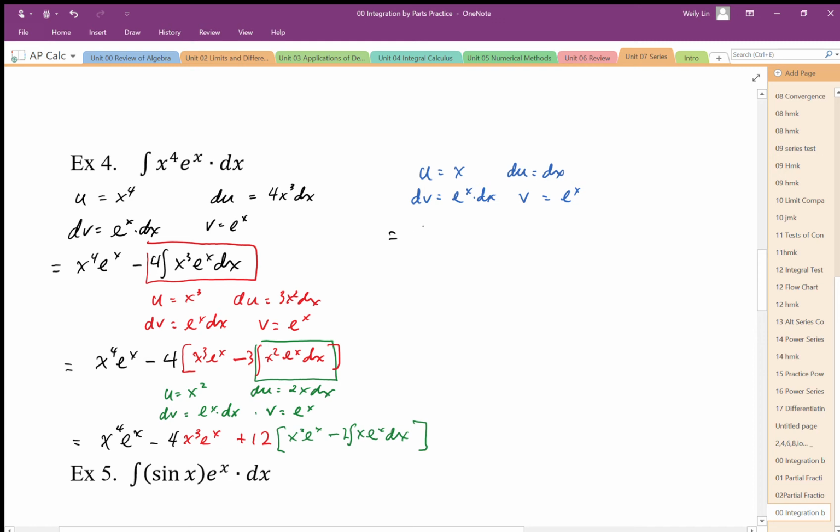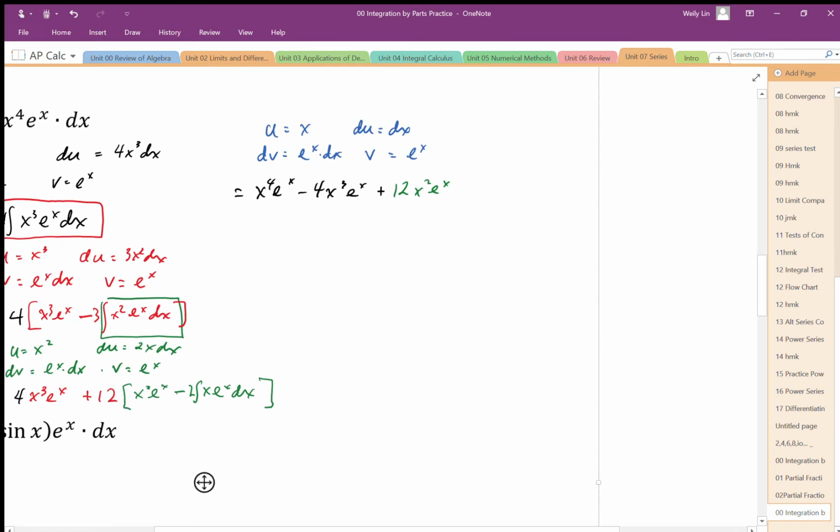So this is going to be equal to x to the power 4 e to the x minus 4 x cubed e to the x plus, so I'm going to multiply that 12 in, so I end up with 12x squared e to the x minus, so that 12 multiplies onto the 2, so I get 24, and this integral now becomes